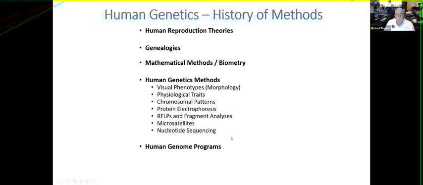Also, I think for us, particularly in genetics, as we read papers, one of the things we're going to do throughout the semester is talk about the many techniques that have been used. And I think you at least have an understanding when you read a paper, okay, that's the technique. Or when a paper says, well, we do it this way now, and in the past they did it this way, well, what was that way in the past? You at least have a little understanding of that. So we're going to talk about some human genetics methods that have been used up until the current ones. And then we'll talk a little bit about, okay, what's going on today.